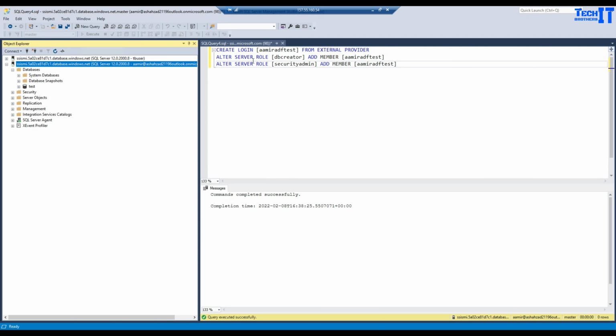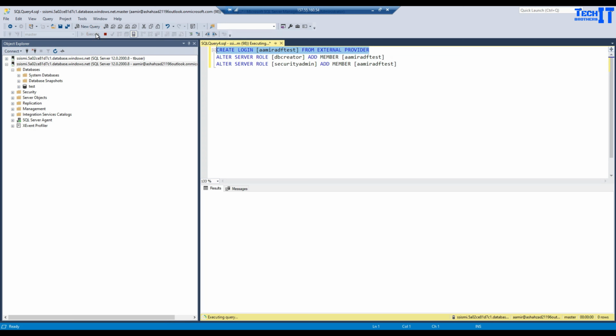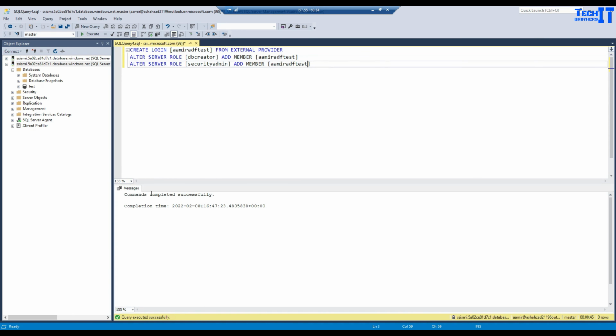So I'm logging in with that user to the managed instance. And that's what we need to use. Don't connect with your SQL authentication user. Connect with the Active Directory account that we created and made admin on the managed instance. So first of all, we are going to go ahead and create this login. And once we create the login, then we are going to provide this role information. Okay, our login has been created successfully,